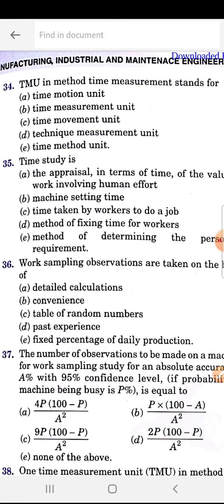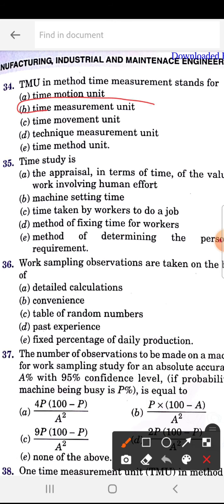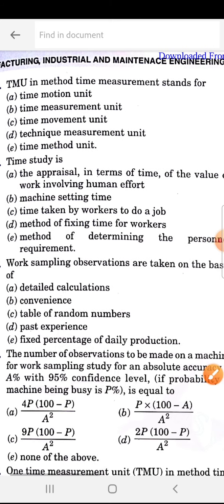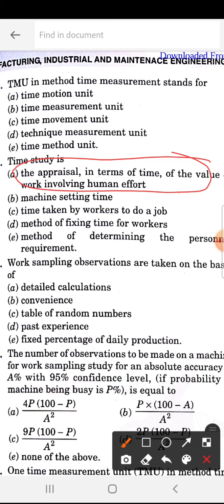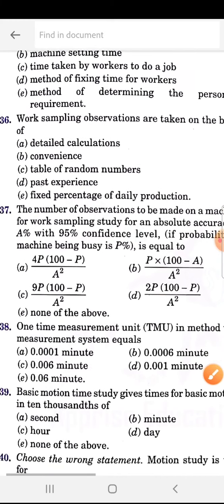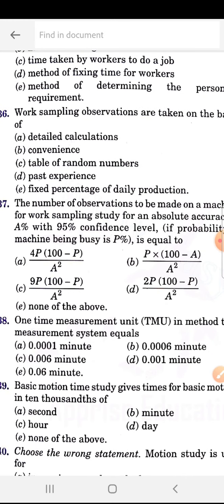TMU is the method time measurement standard, the time measuring unit. Question 35, time study is the appraisal in terms of time of the value of work involving human effort. Next, 36, work sampling observations are taken on the basis of